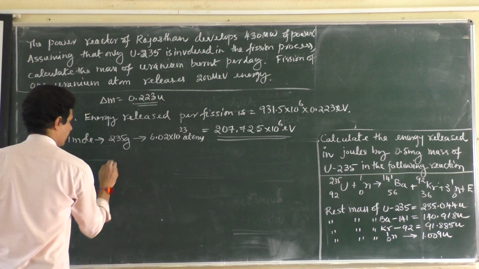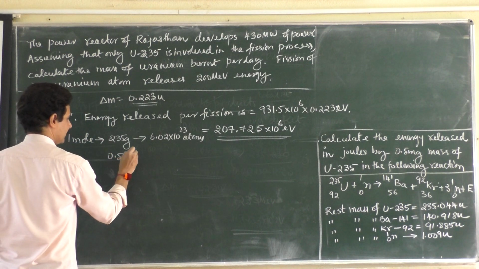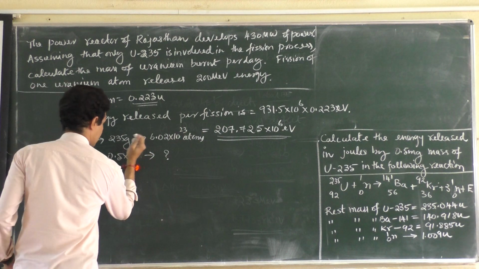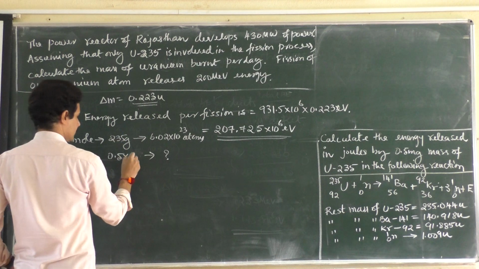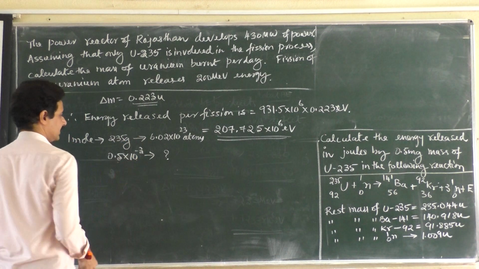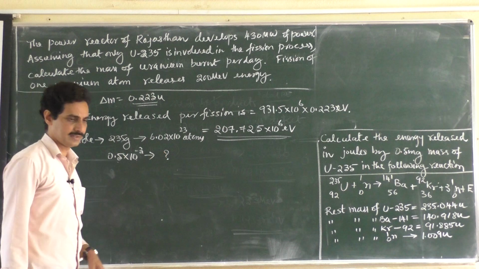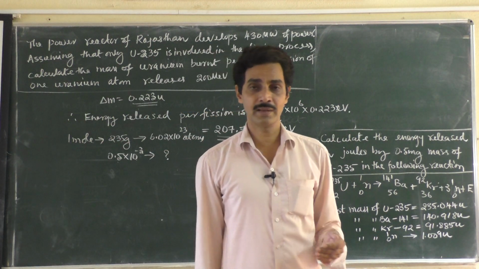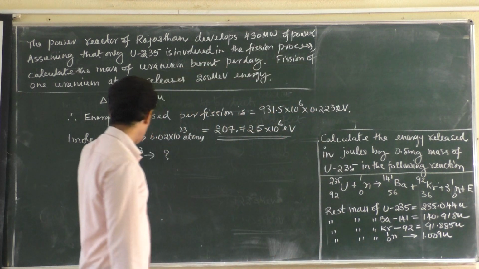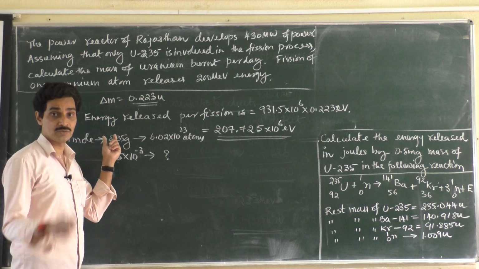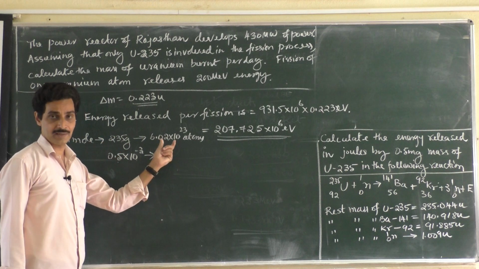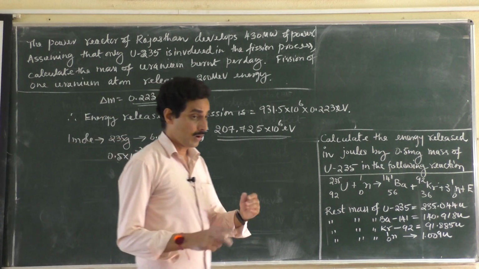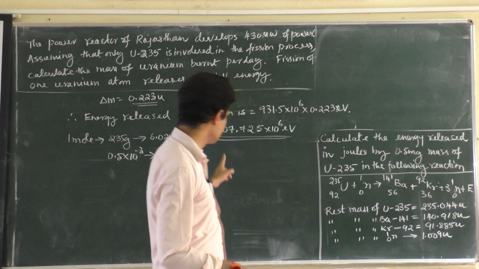But you have taken only 0.5 milligram, so we will convert it into grams, because this is 235 gram. Milligram to gram is 10 to the power minus 3 gram. You have to start from the reverse way. 235 gram, that is 1 mole of uranium, contains so many atoms. 0.5 milligram of uranium contains how many atoms? And all the atoms should undergo fission. One fission gives this much energy.